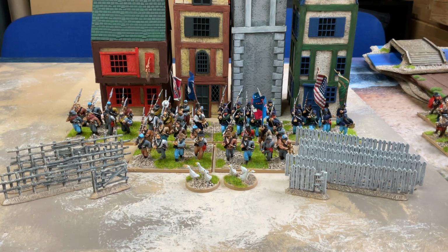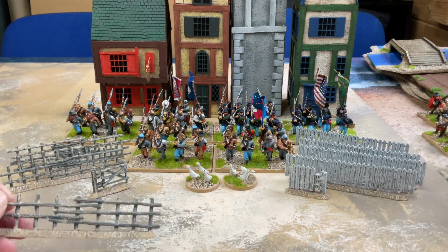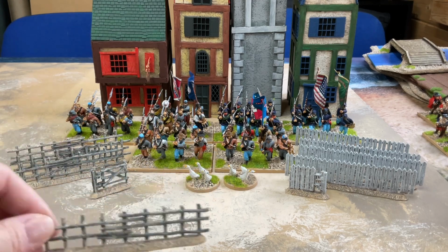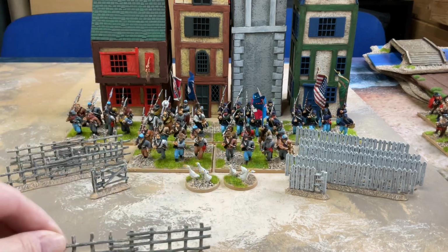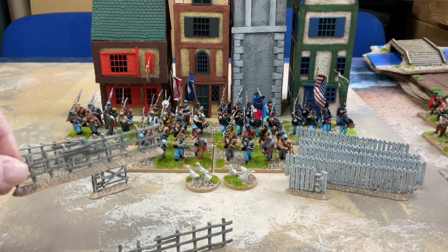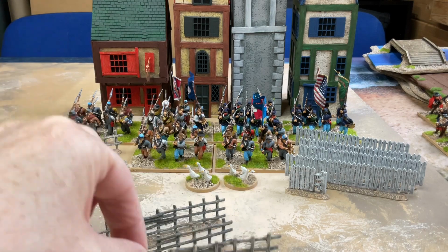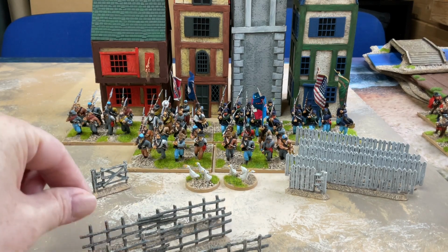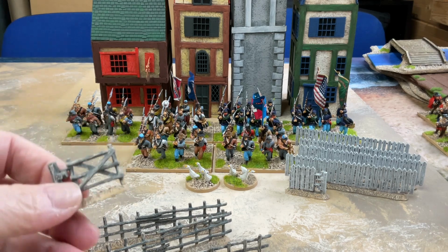Both these fencing sets are from Rubicon Models. They're plastic kits. I painted more than this, but there's a sprue's worth here. So there's this log fencing, and you get 4 lengths of that, which are all different. I'm not sure these are all different. I just picked 4 of the lot I'd done, and a gate